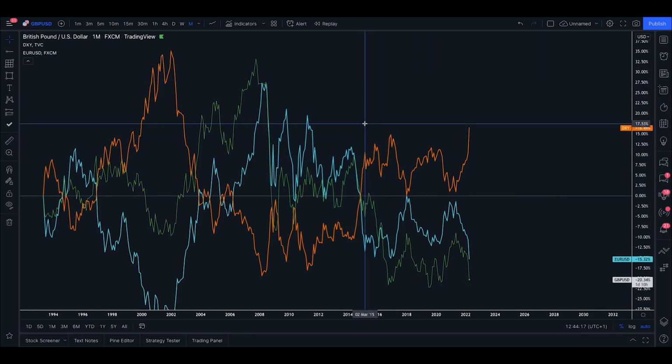So here we can see, if we just look from 2015 onwards, we have a pretty direct correlation here with the US dollar moving up. And on the flip side of that, GBPUSD and EURUSD moving down simultaneously. This is that big movement we were looking at on the monthly time frame from mid-2021 onwards. And we can actually see the opposite happening on GBPUSD and EURUSD, where we have big sell-offs happening from mid-2021 onwards. But if we're expecting this to continue climbing, which fundamentally we are, this could actually continue falling, and we may see some significant downside for GBPUSD and also for EURUSD.